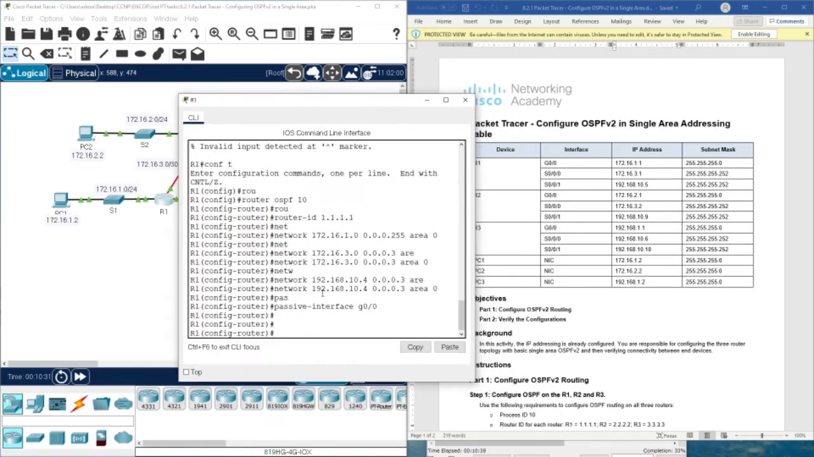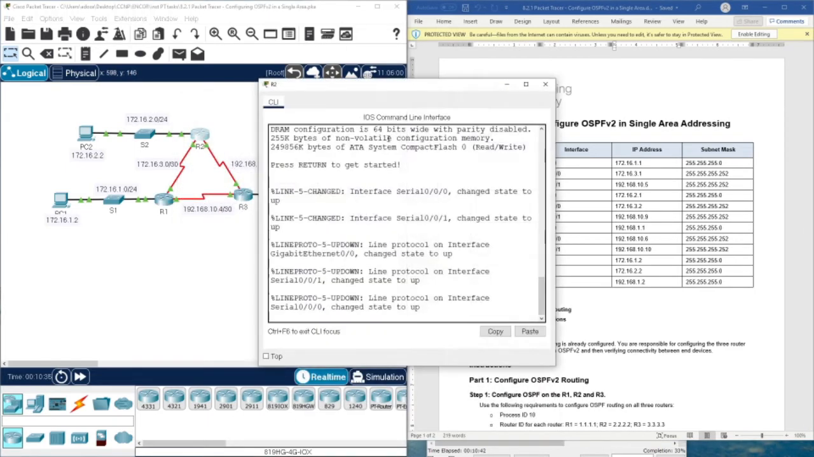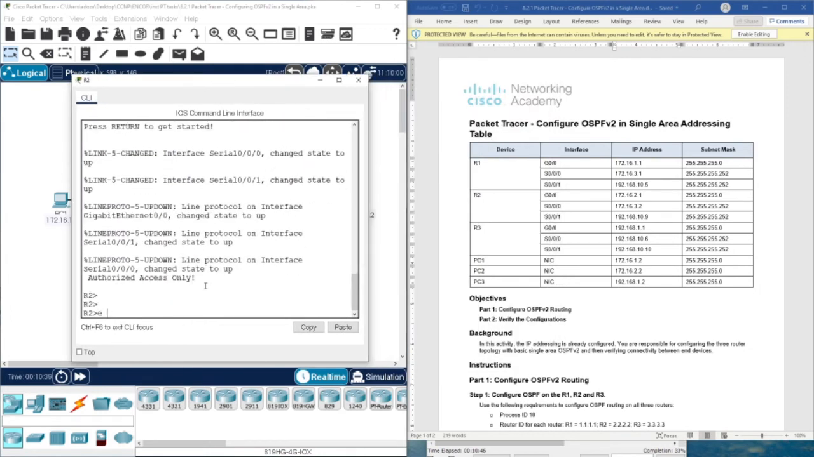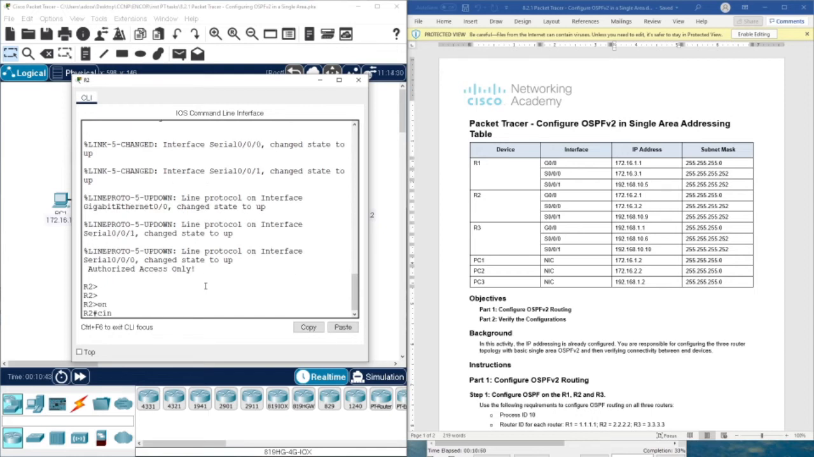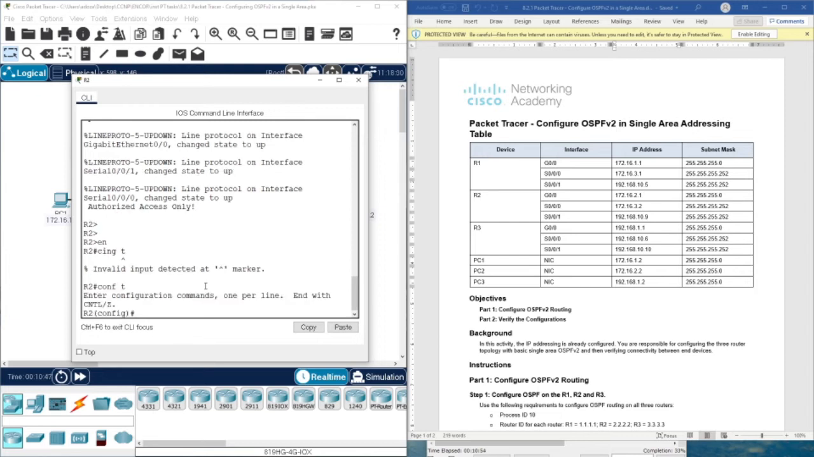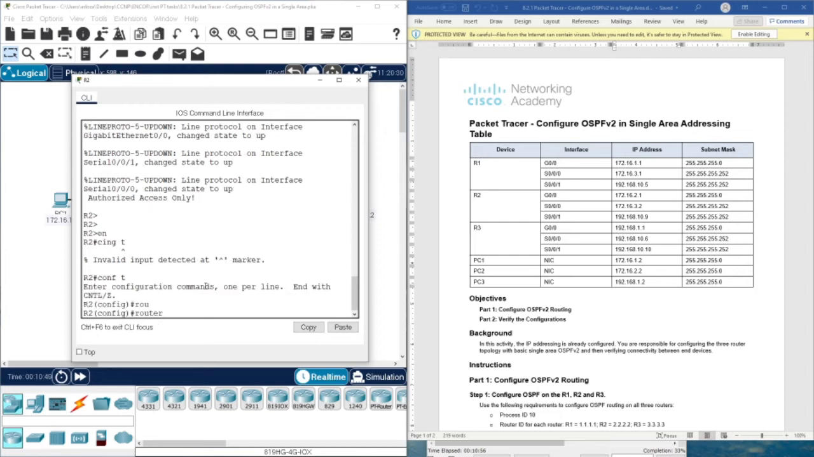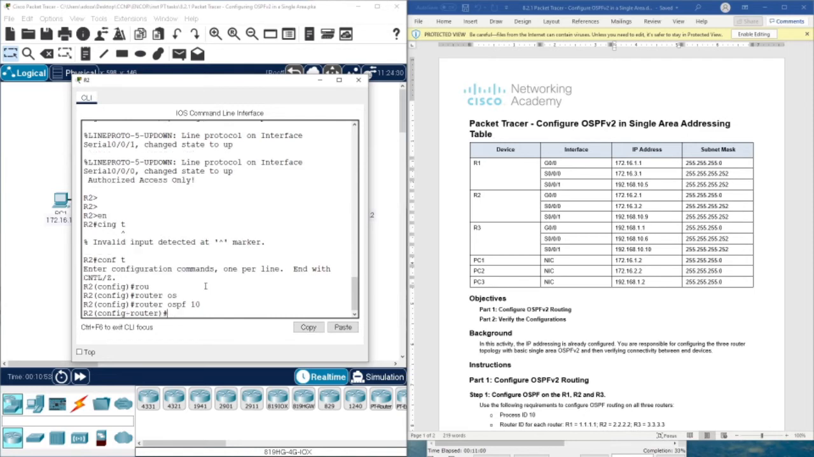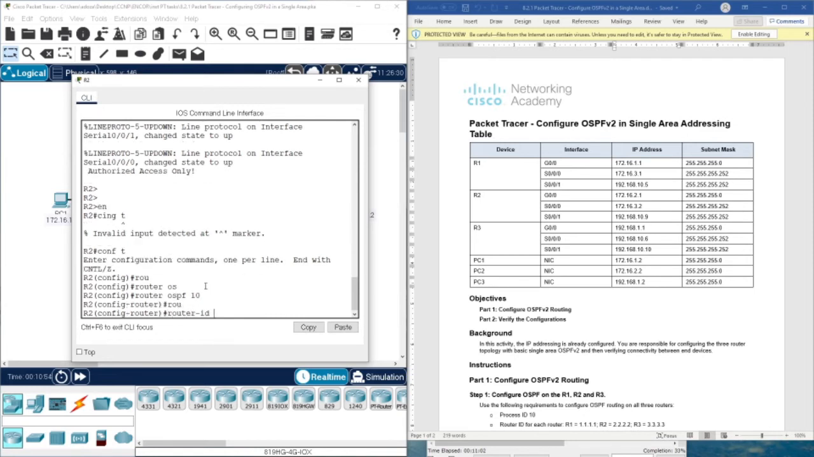Okay, so we are done with the first one. We are going to repeat the same, of course, with R2. Enable, configure terminal, and then router OSPF. Of course, the process ID is 10, and then the router ID is 2.2.2.2